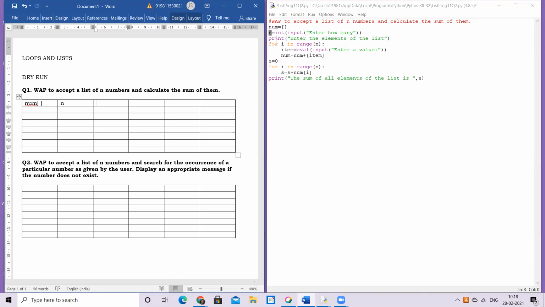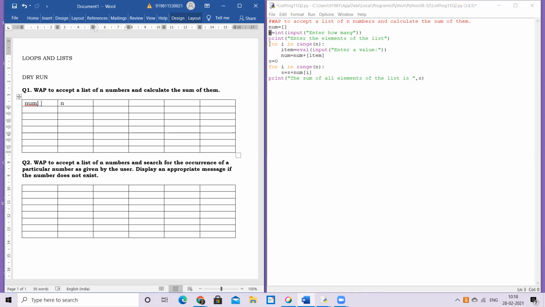Okay. Now, when I want to repeatedly keep on accepting elements and add it to my list, accept, add, right? So I need a loop because there are repetitions to be done in this case. Now, in this case, the loop has to be told that how many times do you want to accept and create the list basically one by one.